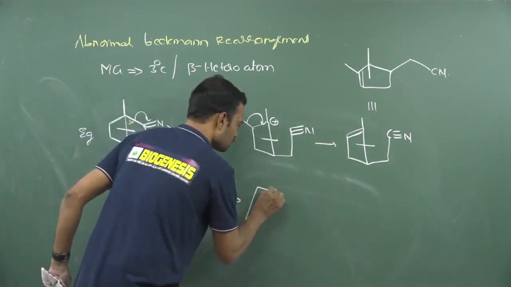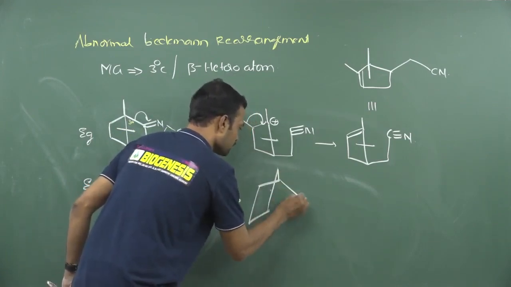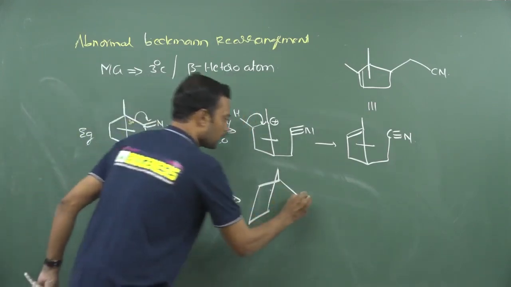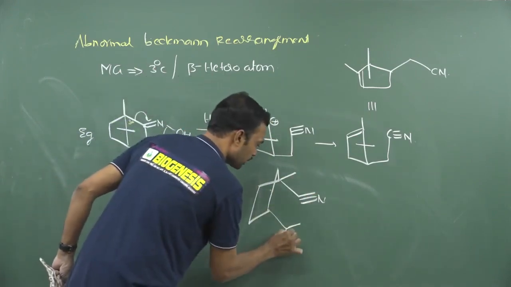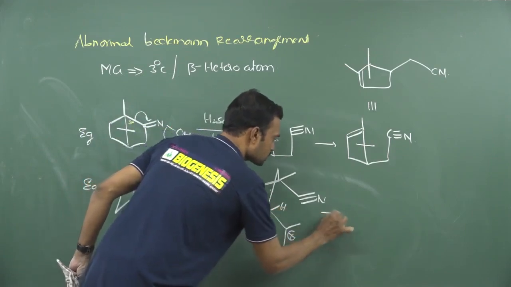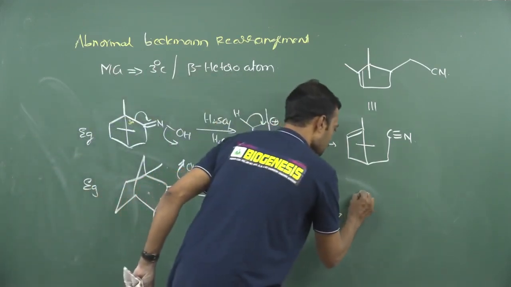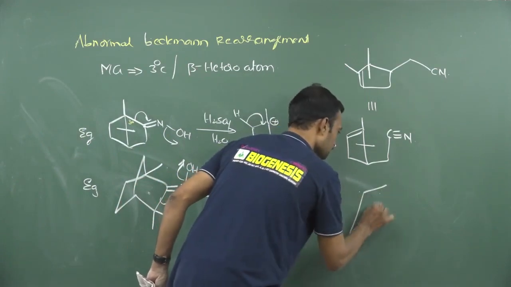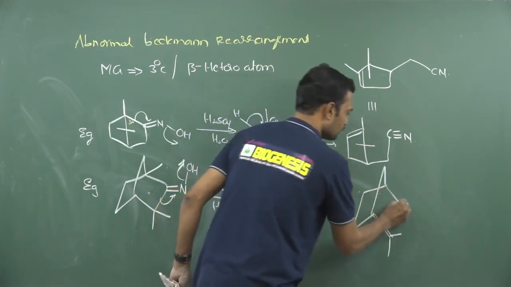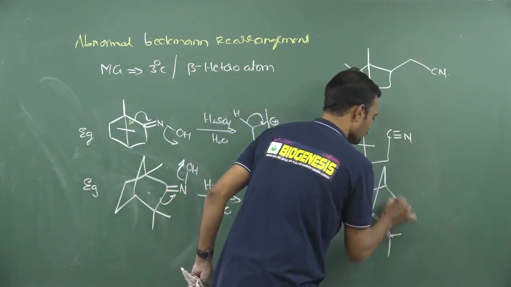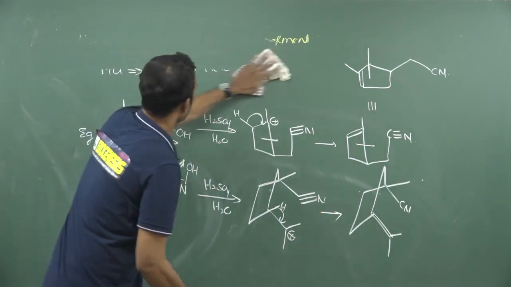See here, this will be connected like this. This carbon-nitrogen has a triple bond. Here a methyl group is present. Now here you may get a positive charge. So always remember elimination: the conjugate base will remove this proton here. Finally, you may get this product here. This is the one, and here you may get a double bond. Here nitrile formation takes place, and this is a methyl. That is the answer. This is called abnormal Beckmann rearrangement.